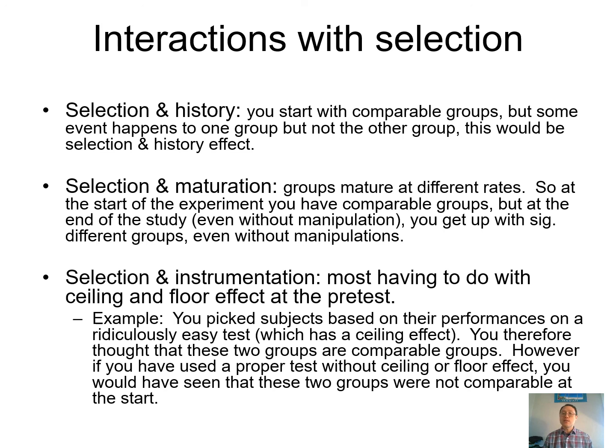Selection-maturation is when you have two groups maturing at different rates. And another thing you can have is the ceiling and instrumentation effect, and this has to do with both